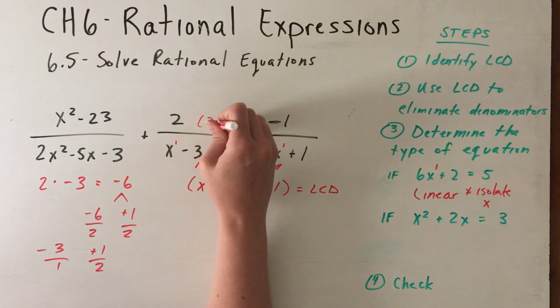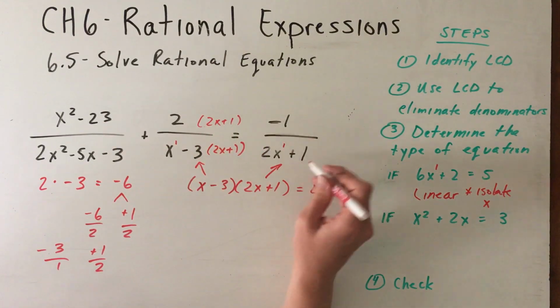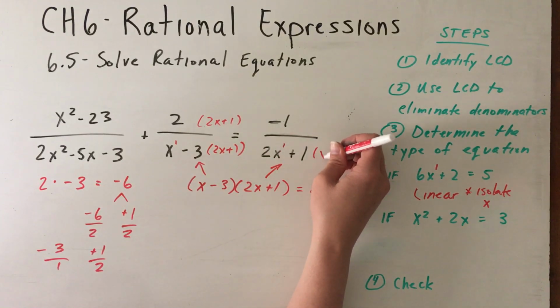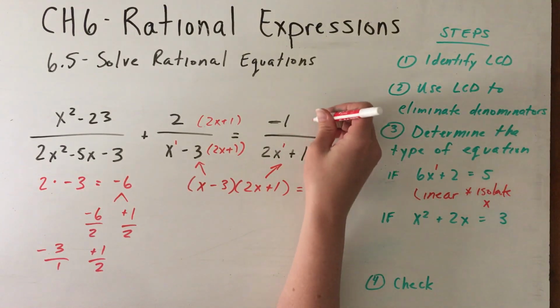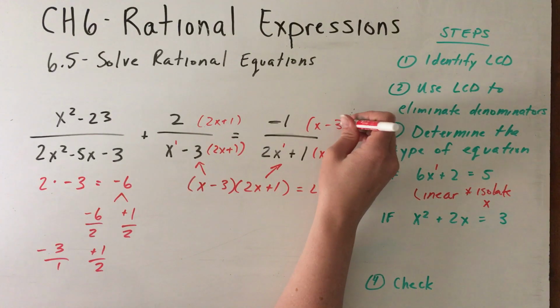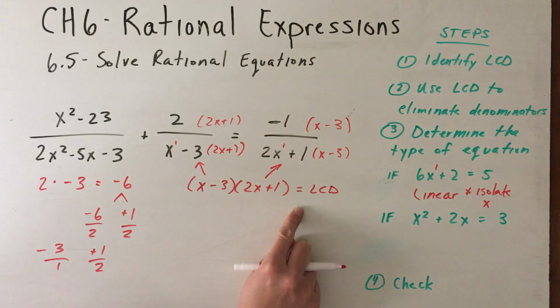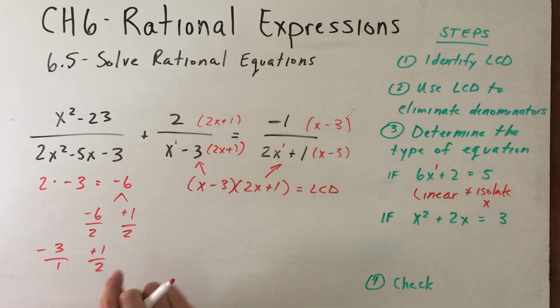So I have to do that to both the top and bottom. And this one does not have the x minus 3, so I need to do both the top and bottom times an x minus 3. Okay, so again, we factored, we identified our LCD, took a little bit of work to do that, and then